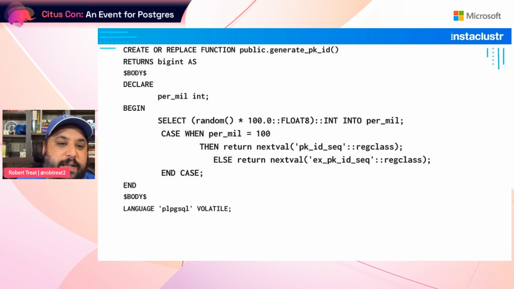So if you want to do some testing, this is a function we've used. Keep in mind that usually the default on a table, if you set it up as a serial, is nextval, which is just a function call like any other function. It calls into a primary key sequence that's been set up. You can make a separate sequence for that. And in this code, what we're basically doing is taking a random number based on some percentage. We'll either call our normal sequence, or we'll return an experimental primary key sequence instead.